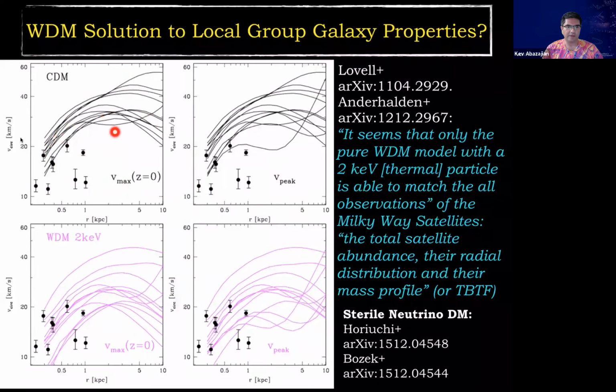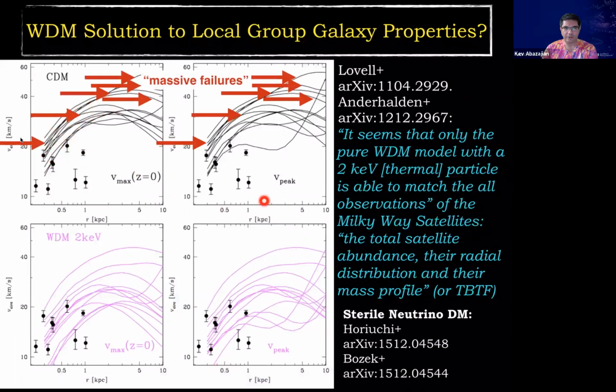These are simulated halos, while the points are the observations of our local group. So the observations should scatter about the same way as the curves. You can only really measure the circular velocity at one point for the observed galaxies well, but you know the circular velocity all over a simulated galaxy. And all of these things up here are massive failures. And both too big to fail and massive failures is language from